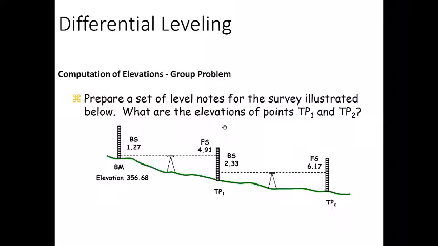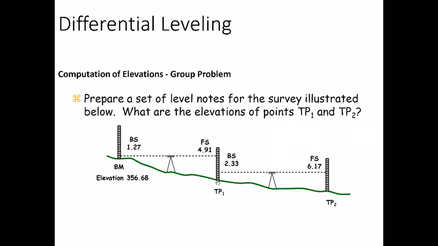And that is consistent with what we discussed, that lower the point, more the reading on the staff. Higher the point, lesser the reading on the staff. So the difference between the two gives you rise or fall. In this case, we get a fall. And whatever the difference is, 1.27 minus 4.91, you subtract it from the benchmark reduced level, 356.68, and you would